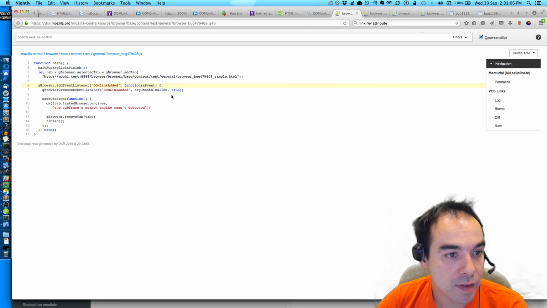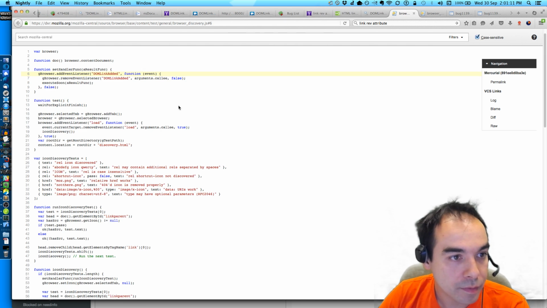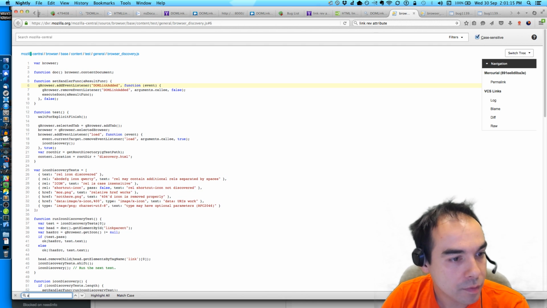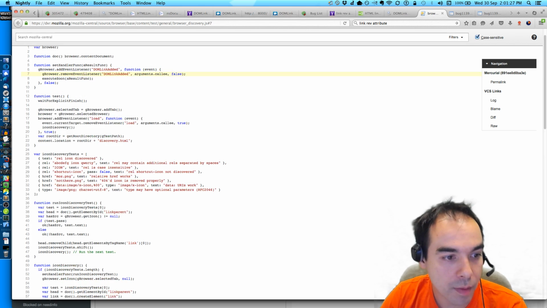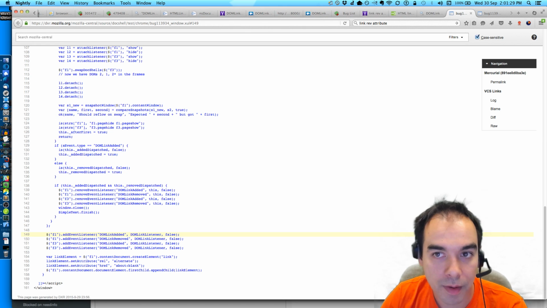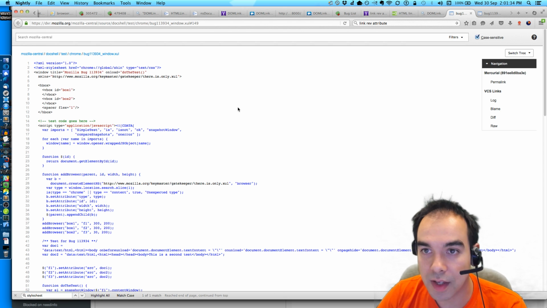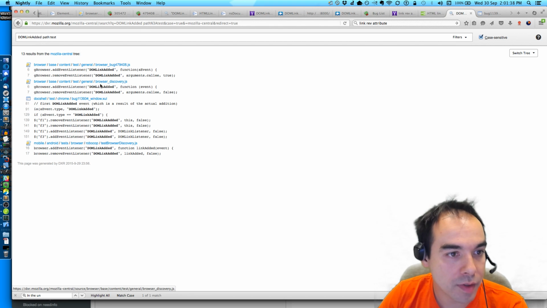What are these tests? Execute soon, set handler function, run icon discovery, but nothing here about style sheets, and that's the only style sheet in here. And sorry, where were these? These are under browser discovery.